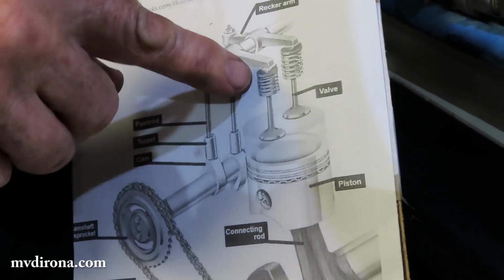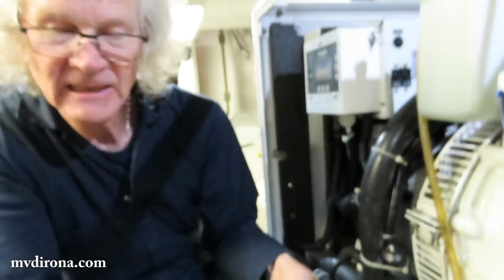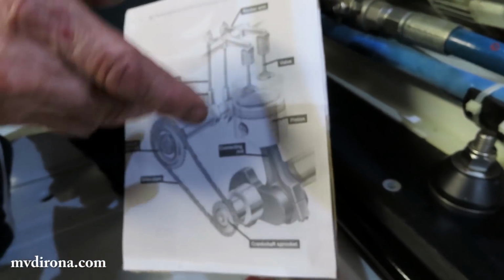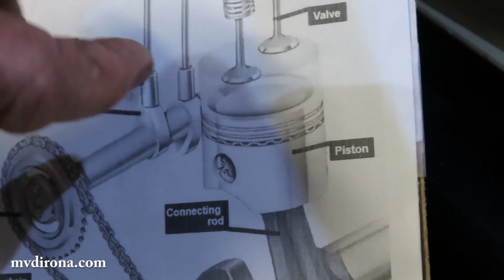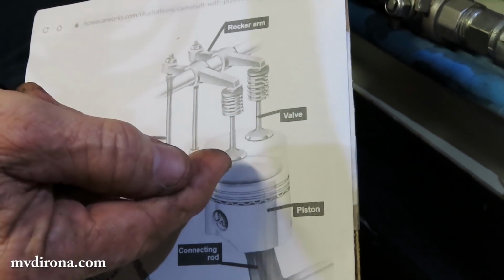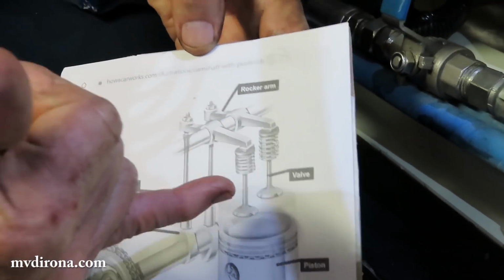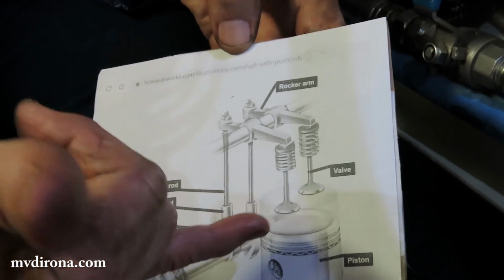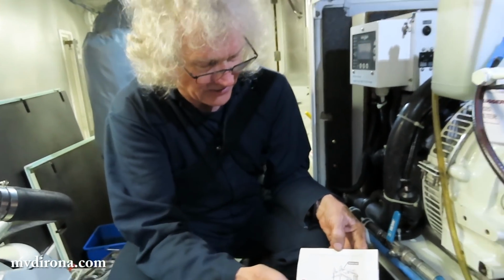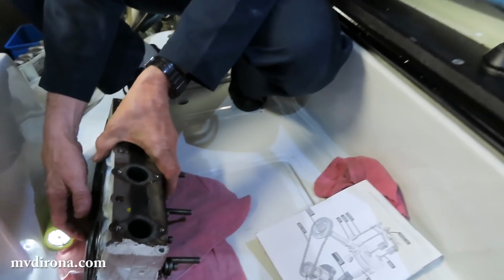What's happened in this case is the valves went 640 hours after adjustment, and then suddenly it closed up to 0, and so that cylinder goes down on power because the valve's not closing properly. So I adjusted it, and then 39 hours later, same thing happened. This valve is rising up in the head, and as it rises up in the head, the clearance goes away. As the clearance goes away, the valve gets held open. Because the valve's held open, we lose power, and then I do the adjustment again. The reason why I stopped doing the adjustment is on the third one, you can see it's definitely failing,